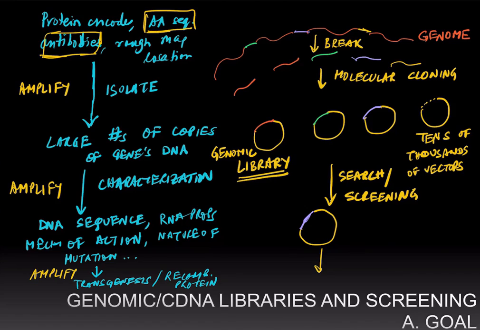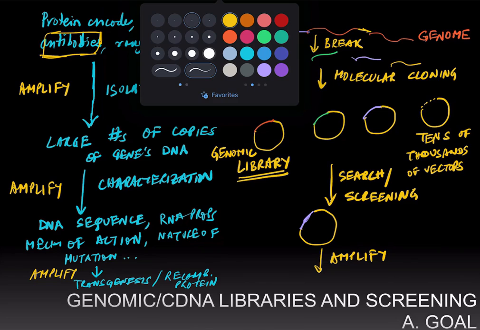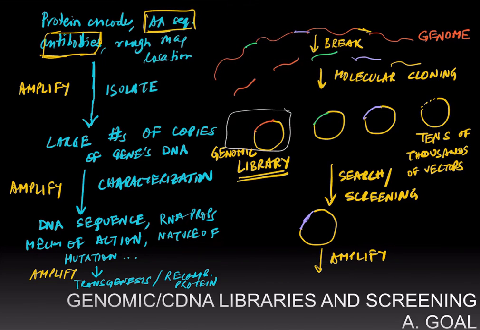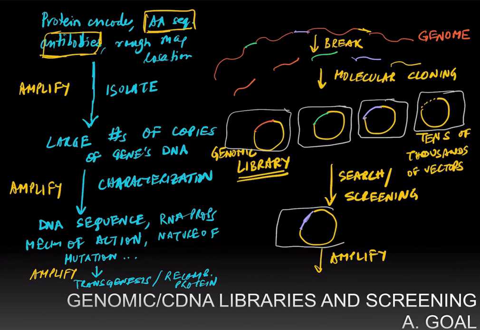And then once you have identified this gene through screening, or the DNA corresponding to the gene through screening, you can further amplify it, since these vectors are actually, in the process of molecular cloning, each of these vectors is inside bacterial cells. You can simply grow the bacteria that contain the vector that contains the DNA corresponding to your gene, and obtain large numbers of copies of the gene's DNA. Now, before we go into the details of how this process works,